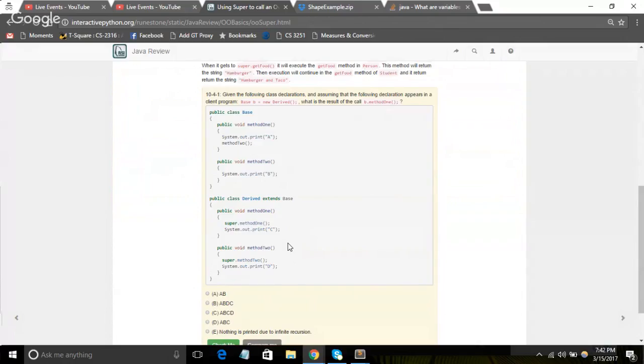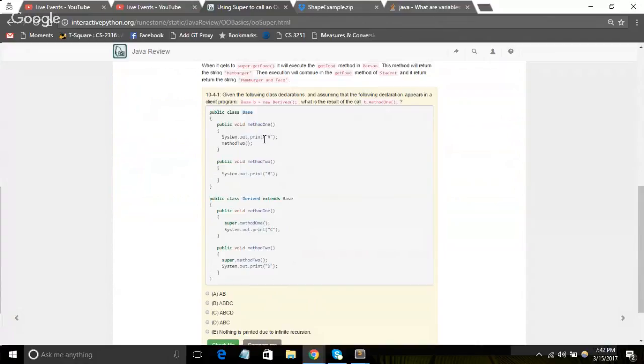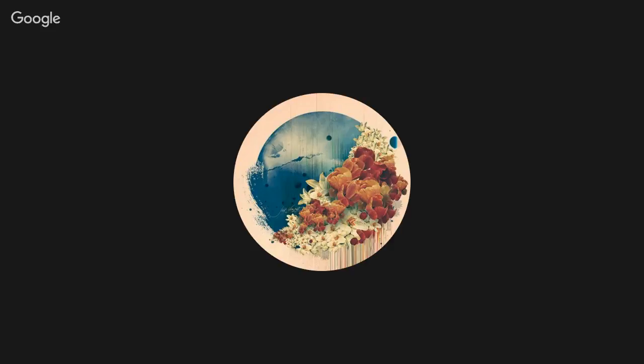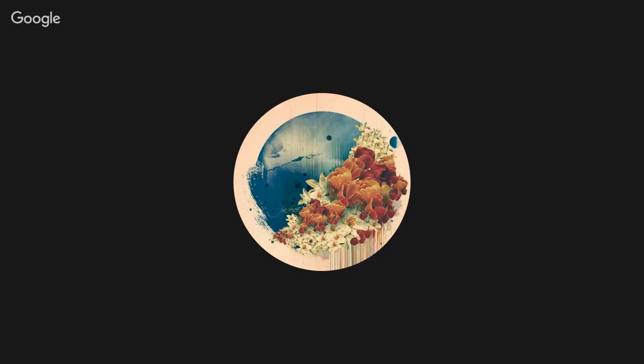So let's put A, B. And then I guess it'll do method two. Then where will it go? C. Then it's going to print C again. So I guess it's B. So it's going to print A. Then it does method two. Which method two will it go to? I guess it's going to the method two in the base class